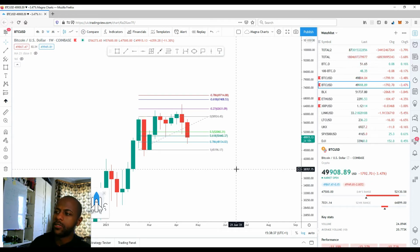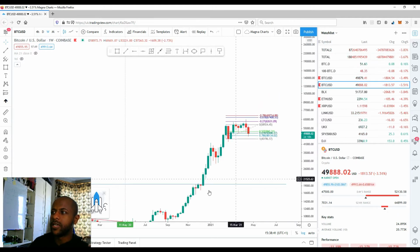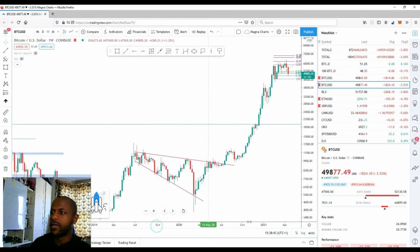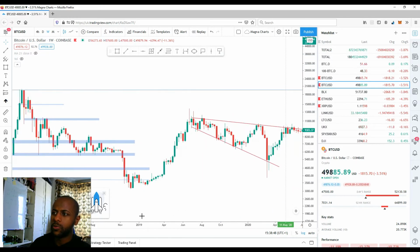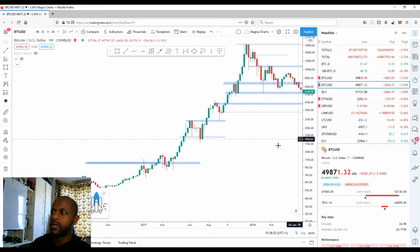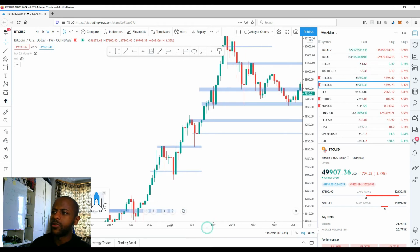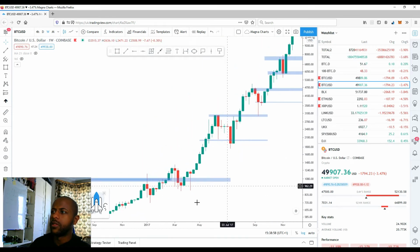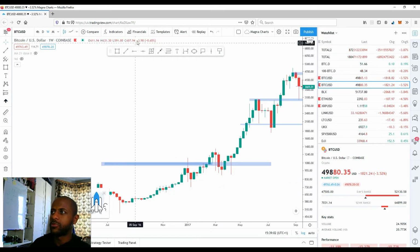But what's happened in the previous one, and what is a good indicator, something that we can actually look at over time and use to forecast what we can expect, is that none of the drawdowns were below the 786. They didn't close below the 786 until the actual bear market started. So if we use an example over here,